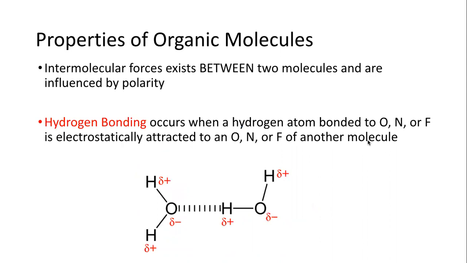The last one that we're going to talk about is hydrogen bonding, and this occurs when a hydrogen atom is bound to oxygen, nitrogen, or fluorine, and it is electrostatically attracted to an oxygen, nitrogen, or fluorine of another molecule. Hydrogen bonding is found in water, and this is what gives water some of its unique properties that other solvents don't have. So if we look at this molecule of water, we see oxygen, and we've seen this example